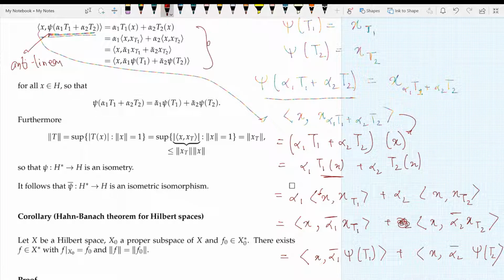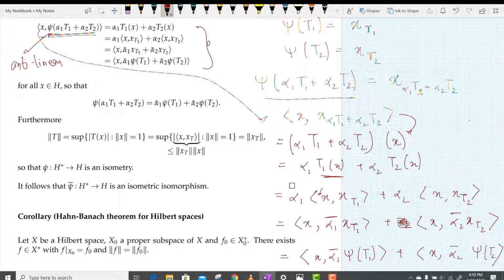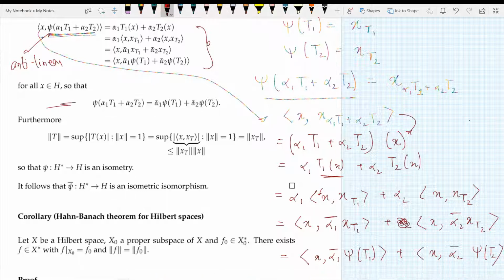Okay, so this is explained here in these steps. Now, what's the next thing I want to show? So with the help of this, I was able to show that this function psi here is antilinear, which is a very good thing to do. Now, the only thing that remains to be shown is that the norms are equivalent. And now furthermore,